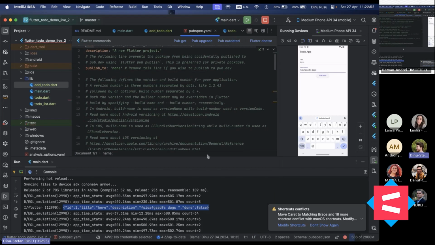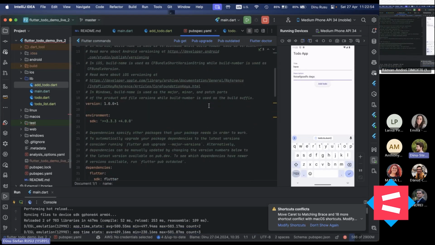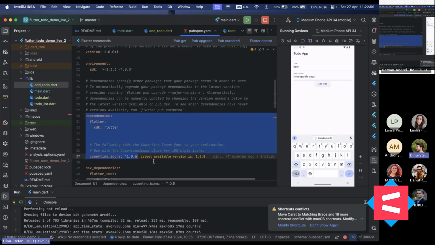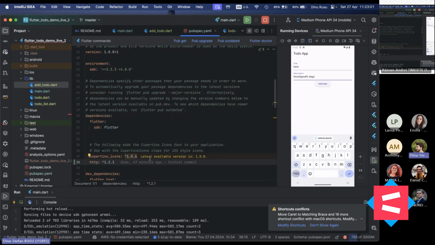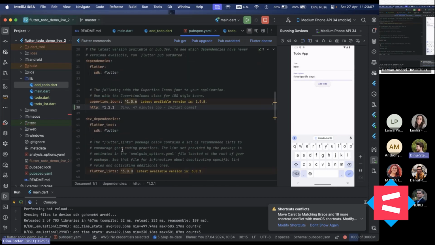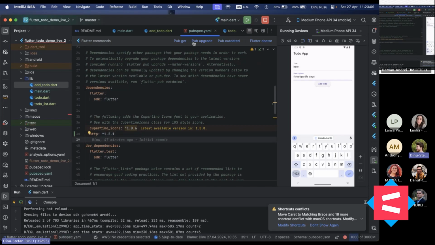Let's go back to this file, which basically holds all of our dependencies. If we take a look at the dependencies part, under Cupertino icons, we can add this HTTP package. We also have dev dependencies and other stuff here, but I won't go into them. Then, in order to actually pull this dependency, we need to do something similar to npm install,